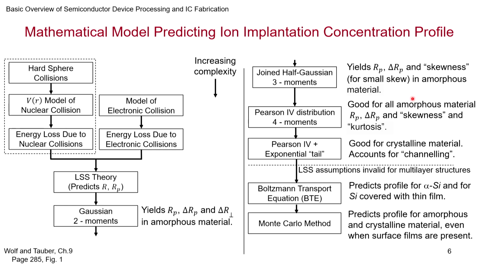So, all this has to be, if you want to model more correctly, you will have to go for even more sophisticated models. That is, you assume one for the regular implant and one for the channel part. That also you model with a 4 parameter distribution. So, this is another way. So, this ends up being the Pearson 4 model, which is enhanced with more parameters, that is able to capture the tail that we are talking about, the tail that comes because of the channeling part.